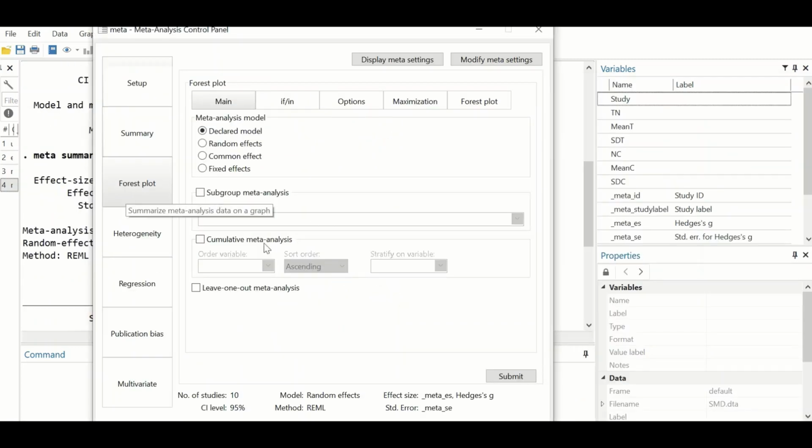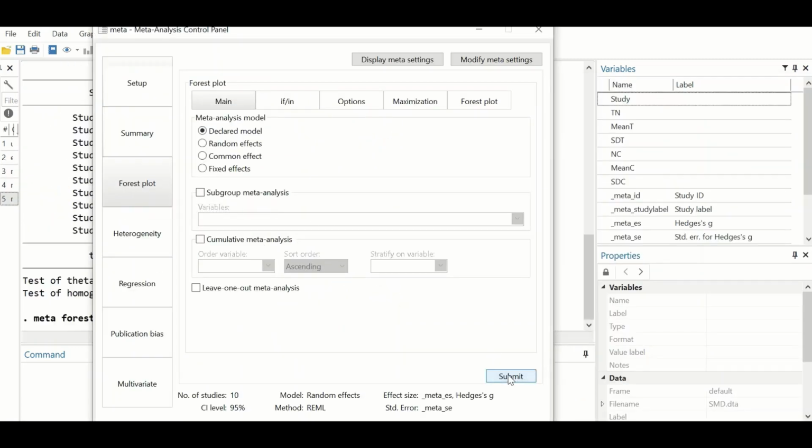To generate a forest plot, click on submit, and then a forest plot will be generated